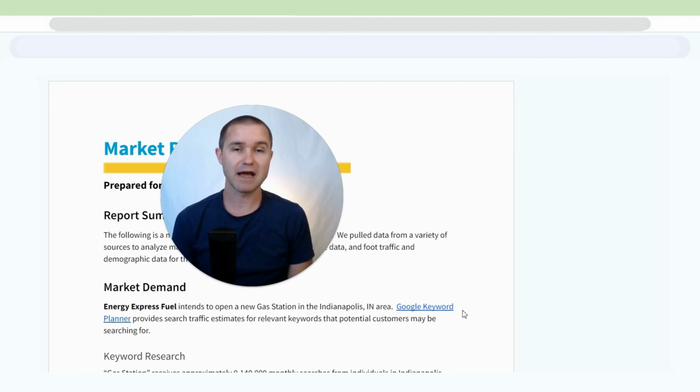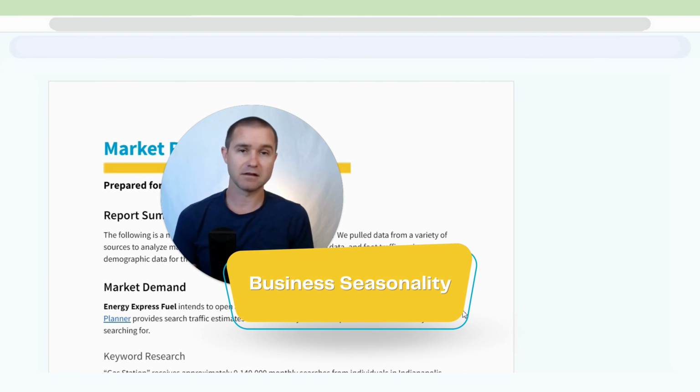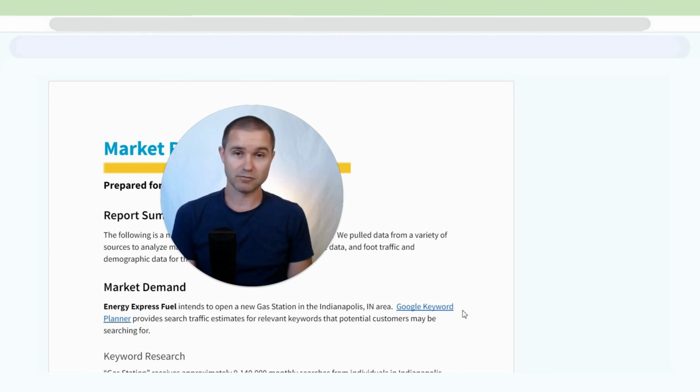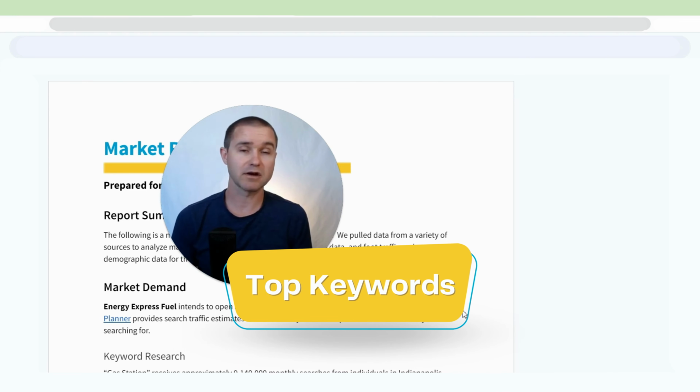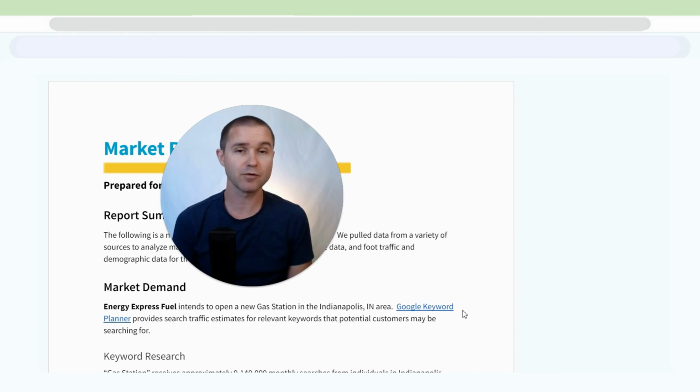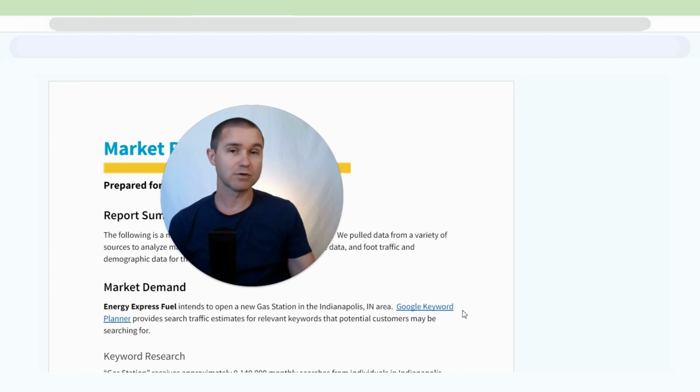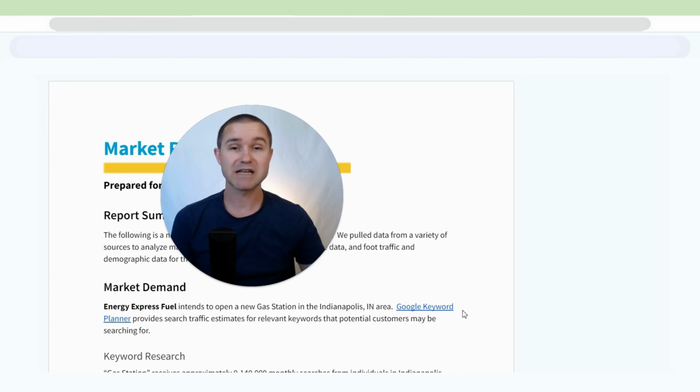So I'm going to show you how you can find data like seasonality for gas stations. So when's the high point of the season, when's the low point in terms of customer traffic. We're going to look at what keywords your potential customers might be searching for to find a gas station that they can go to. What keywords are they using? Which ones might be the best opportunity for you to try to rank for and drive customers to your particular